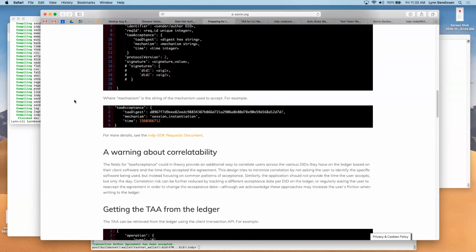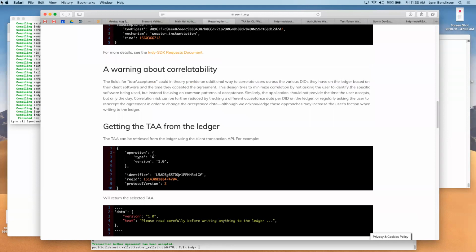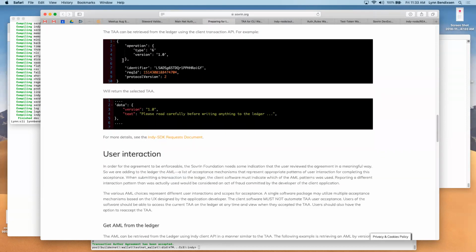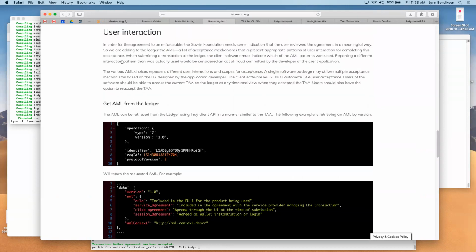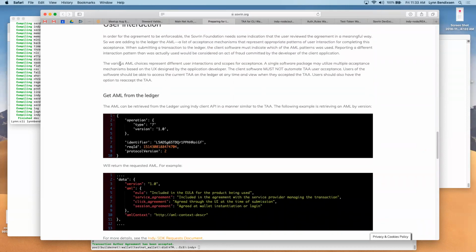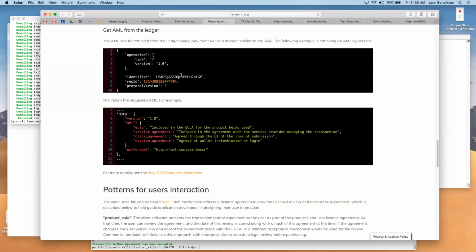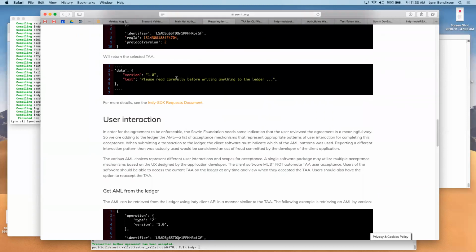Right. And in this blog post, there's details on how to set up this in a local ledger on your computer so you can test. And some warnings for correlation on best practices around that. And we're actually changing, in I believe the most recent release, it's already changed, yeah.